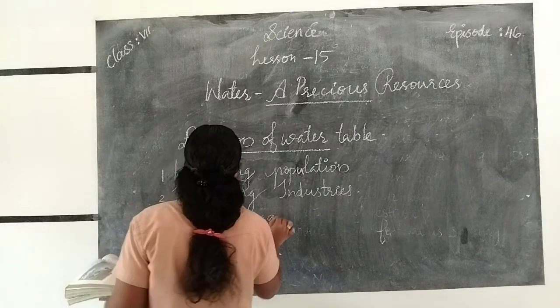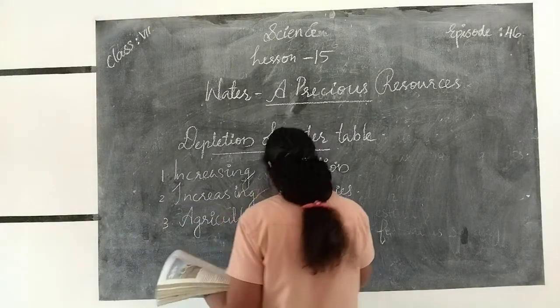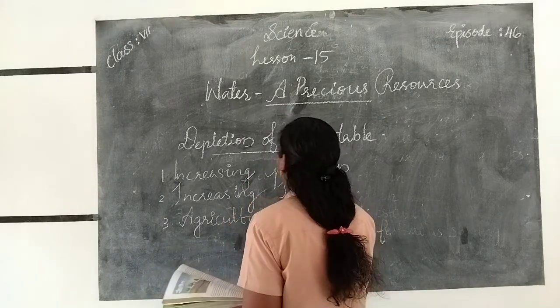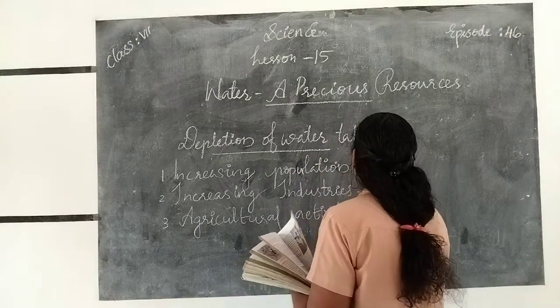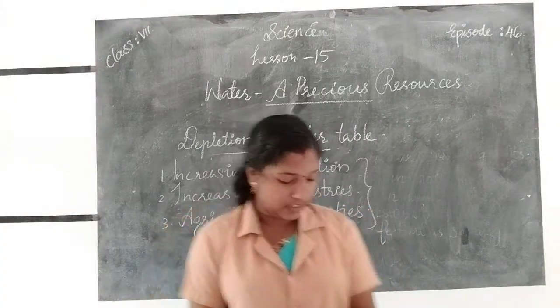Then agricultural activities. These are the different factors that affect the water table. Okay, first one,